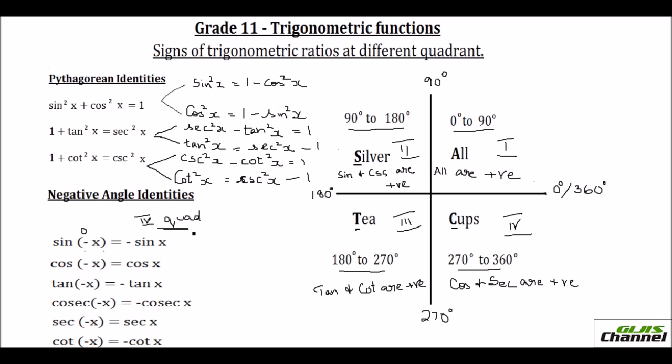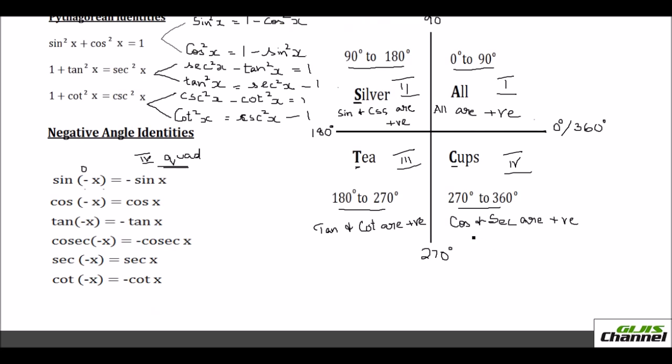In the fourth quadrant, we know only your cos and secant are positive. So just mark the cos and the secant. Only these are positive and all the rest are negative. So this helps you to know the sign of your answer. Now,